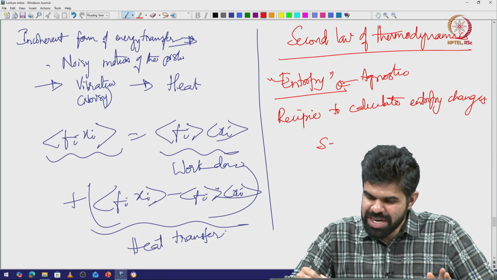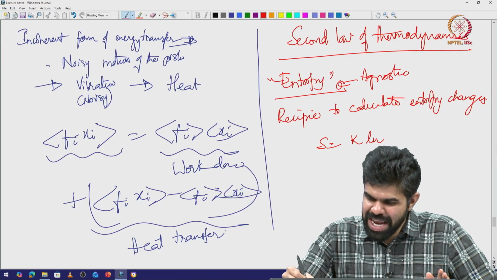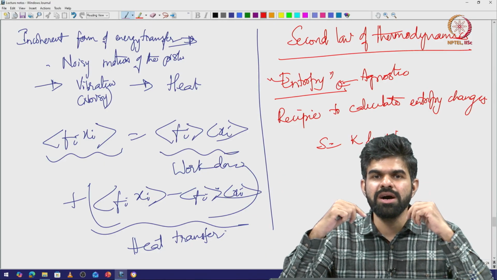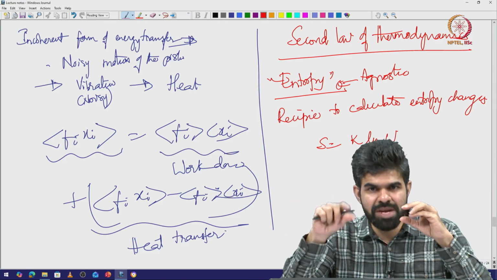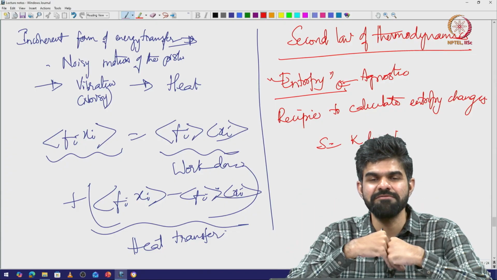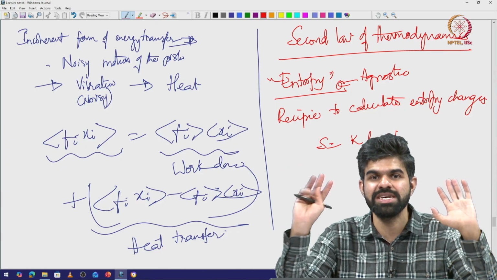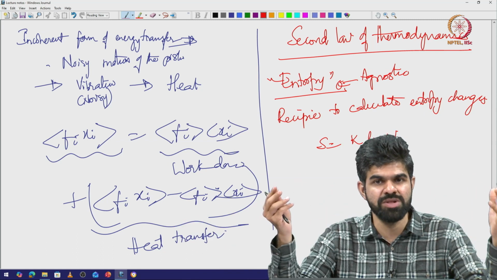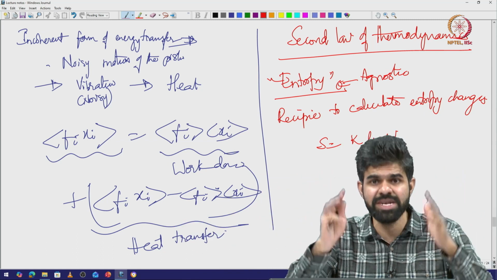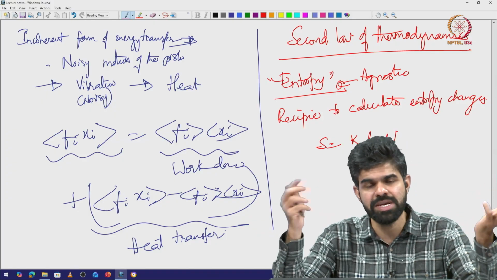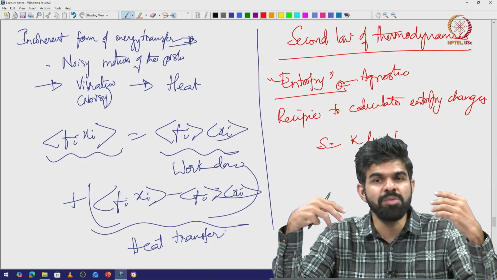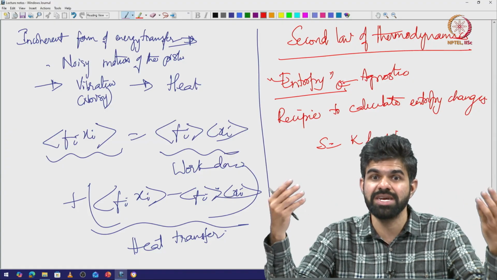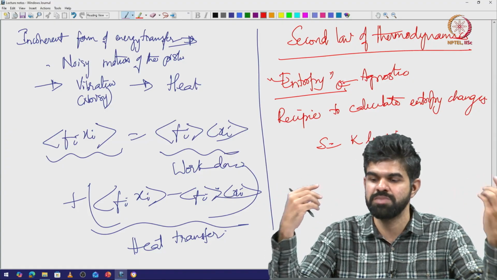Boltzmann said that entropy is defined as K ln W, where W is the number of microstates in the system. So we have to count the number of states in the system, and if the system can access all these states, then it has a larger entropy. If the system is not able to access all these states, and accesses only a much smaller number of states, then it has lower entropy, right. So it then becomes a problem of counting, and this is what you start StatMech with, right. So, by defining what entropy is, right.